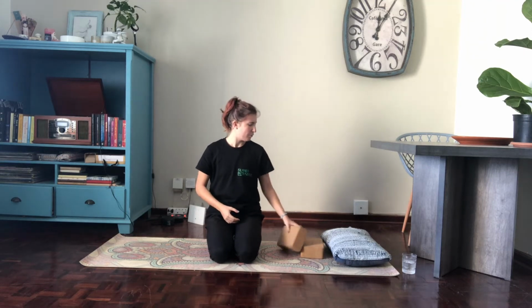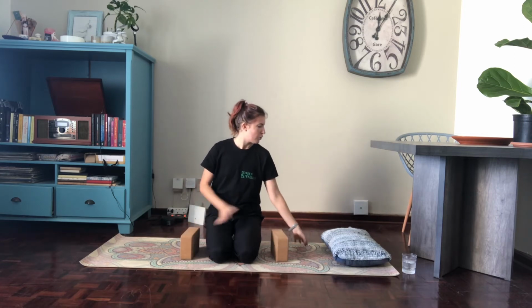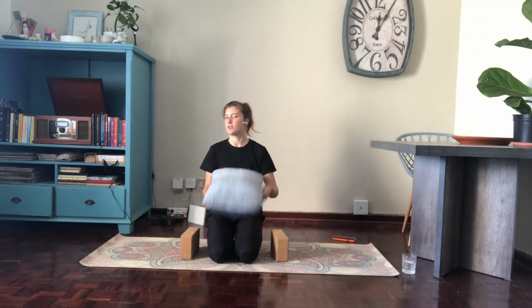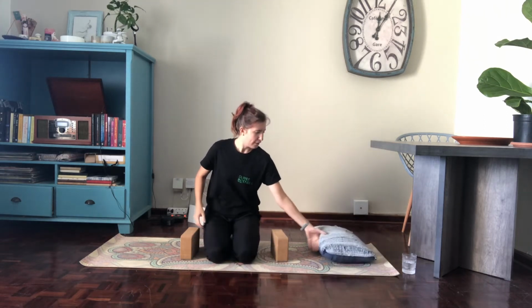Okay, so like I said before, we're going to use props. So if you do have yoga blocks, then you can get those handy. If not, maybe you can use anything else, like thick books also work really well. And if you don't have any of that, then just pillows. Pillows from your bed, pillows from the couch. You can maybe grab 2 or 3, and we'll be using that. And then as soon as you have that ready,